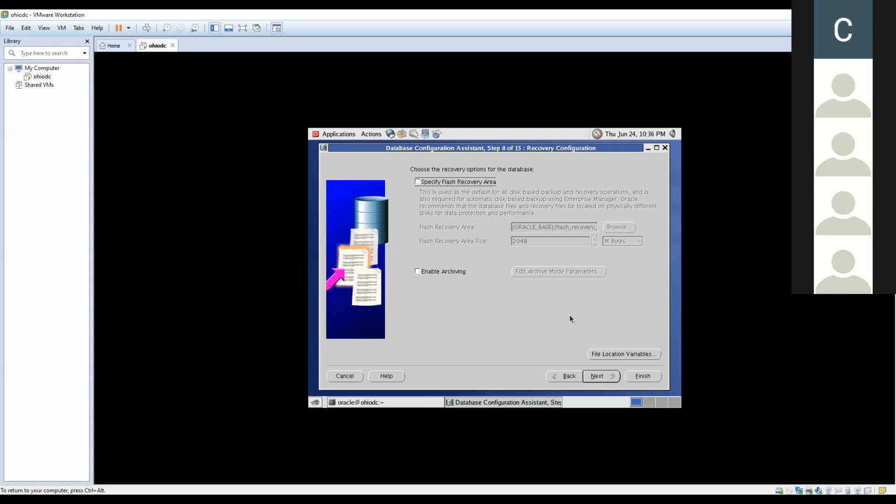You don't know what archive is, you don't know what FRA is, and you don't know which option to check now. Once I complete all the classes and then ask you to do it with DBCA, you people will be perfect in database creation, and not only that, the entire course will be completed. And at the end, if we go with the GUI, then your life becomes simple.